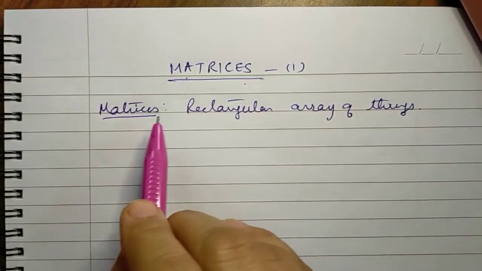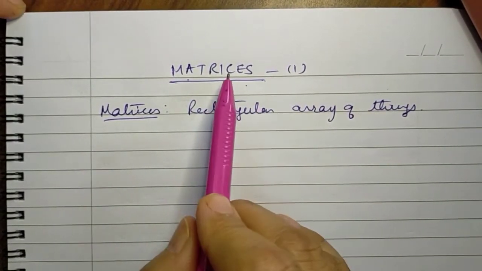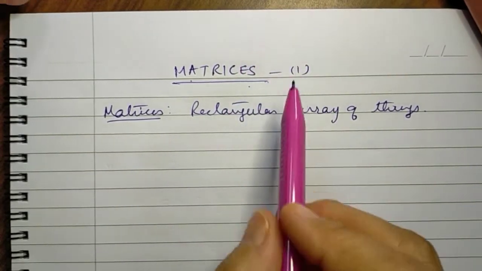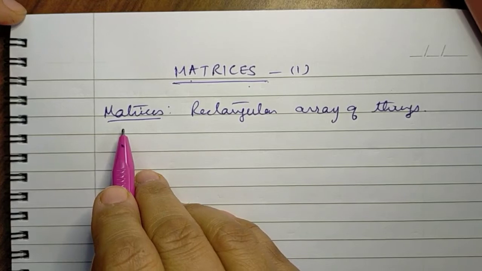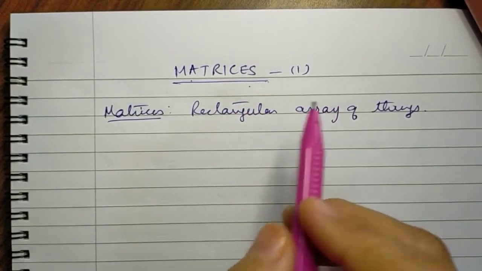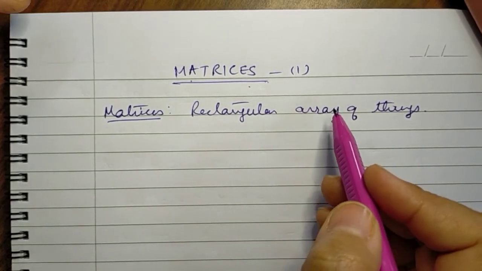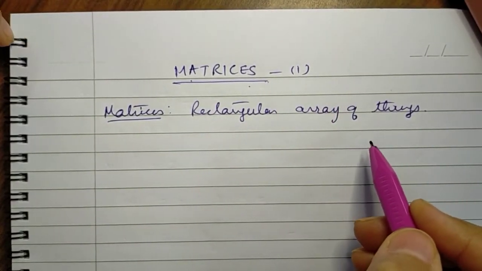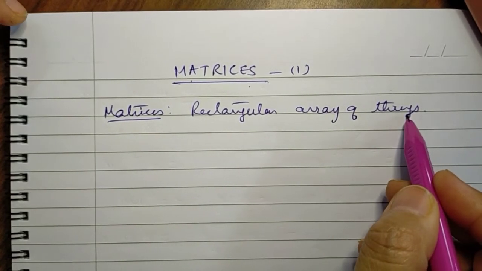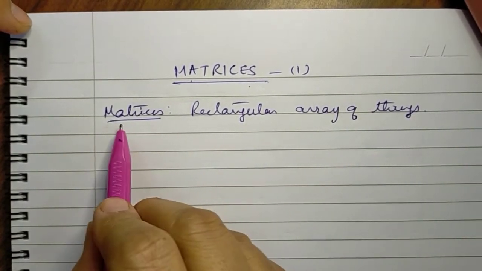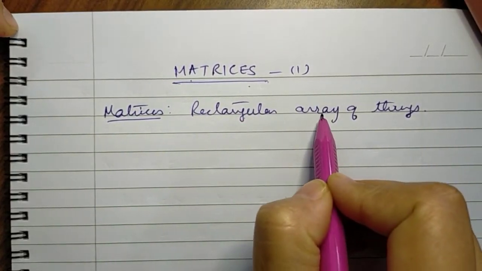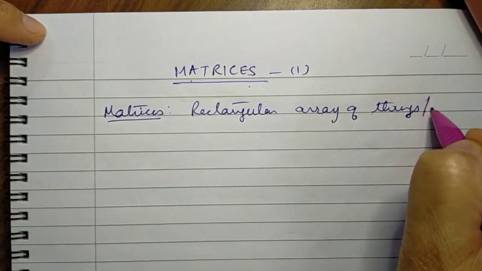Hello students, today we will be discussing matrices, which is the third chapter in book 1 of NCERT. Now, a matrix is simply an arrangement of certain numbers or objects in a well-defined manner, and that too specially in a rectangular form. That is, a matrix can be said to be a rectangular array of things or objects.